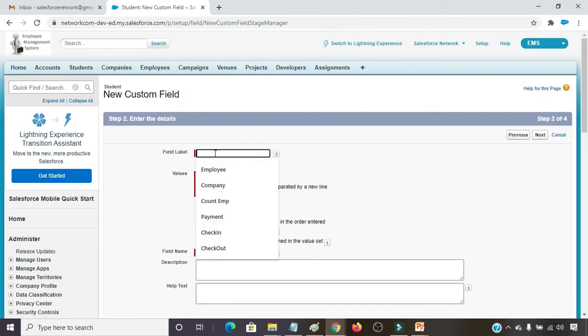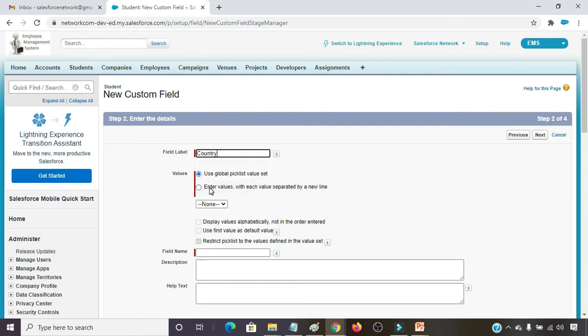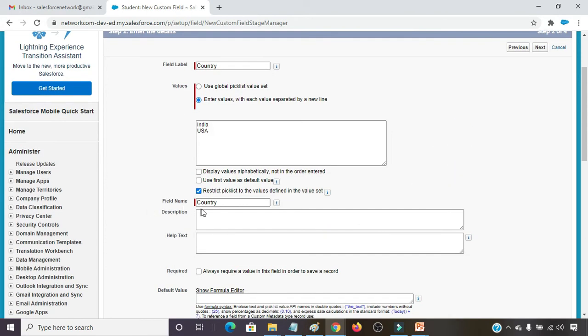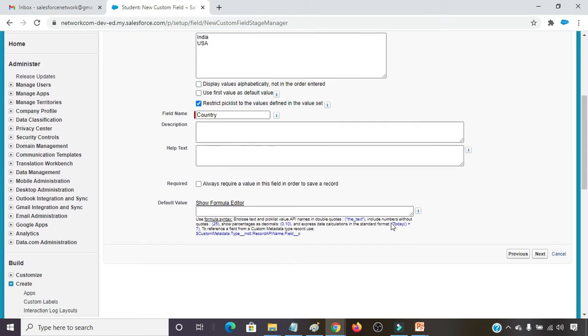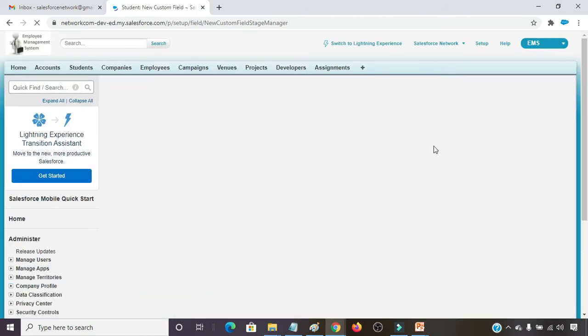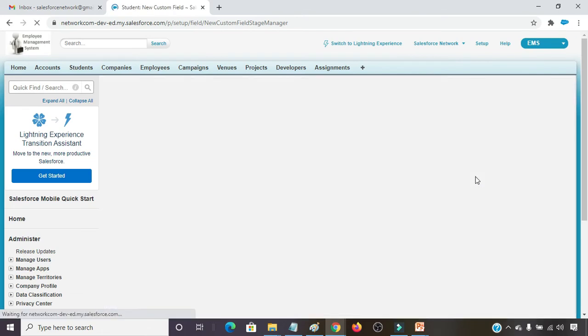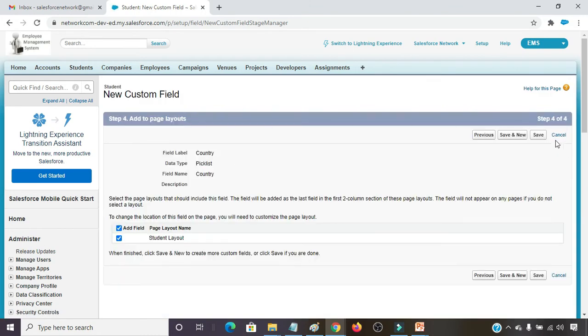First I am providing the field label country, and providing the values India, second one USA. Field name country, and clicking on next. Establish field level security, clicking on next, and save and new.